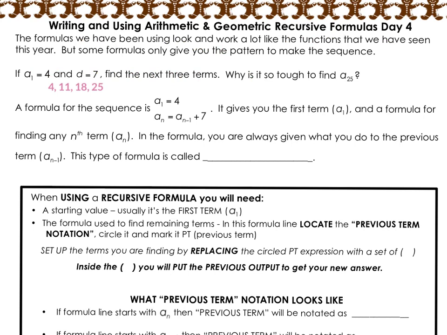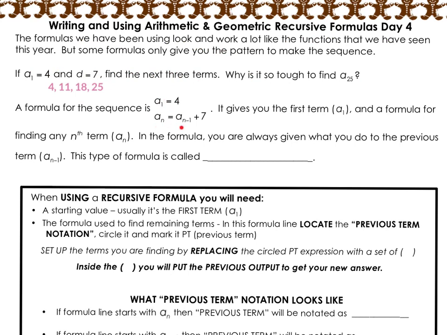Why is this so tough to find a sub 25? Well, if all I'm given is the information that I can add 7 every time, then I would just have to add 7 all the way out until I hit 25, and I would have a very long list of numbers, and it would take a lot of time to write all that out and add 7 each time. So the formula for this sequence that we just talked about is a sub 1 equals 4,